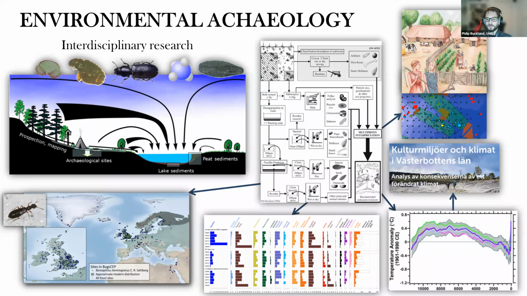I run something called the Environmental Archaeology Lab. And for those of you who don't know what environmental archaeology is, it's all about reconstructing past environments, climates, and human activities. What we do is basically look at anything that is preserved under the ground. At our lab, we specialize in looking at organic remains. So here on the left, we have a pollen grain. This is a pine tree pollen. This is a fossil flea from Greenland.